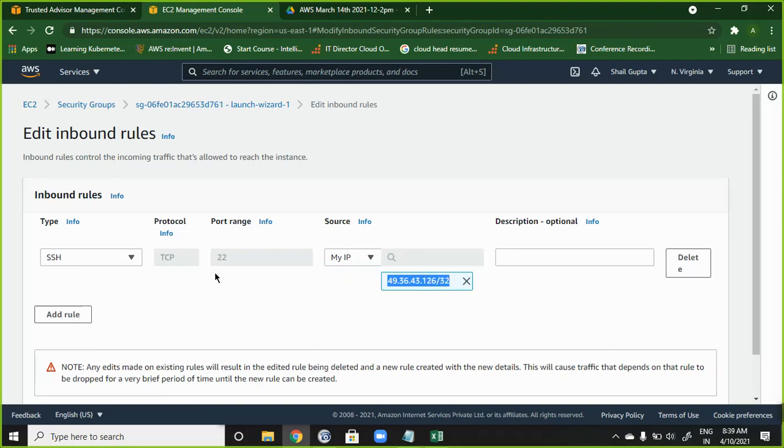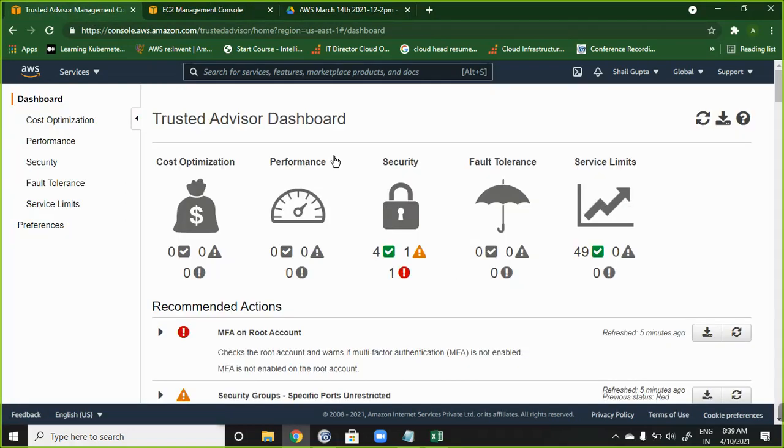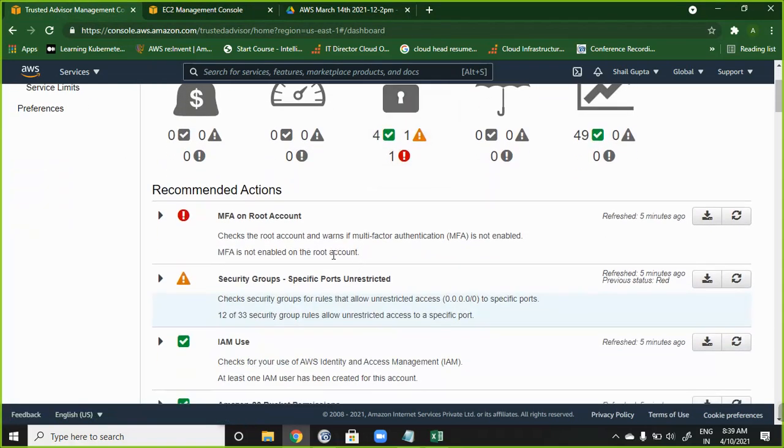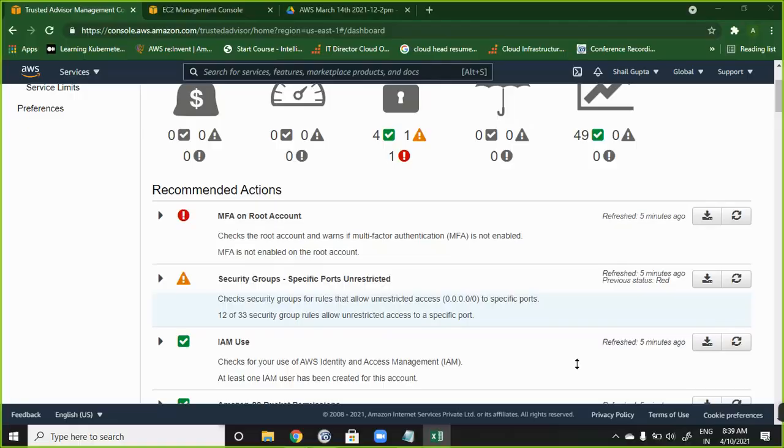So if I save this, right, if I click on save and if I go to the Trusted Advisor again and refresh, currently on the security group, if I look into that, there are 12 yellows, and if I refresh it now on the security group, right, I am not refreshing the whole Trusted Advisor report.